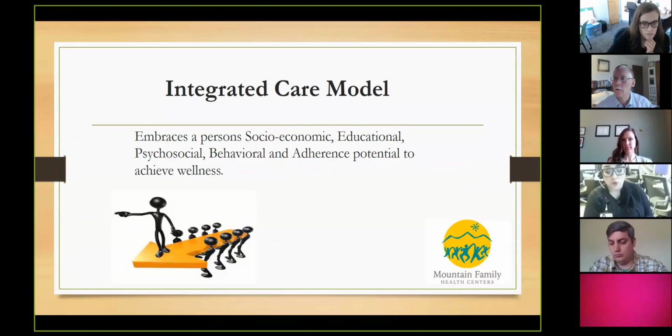In our department, we really have focused on our patient, our client, however you may refer to them, really embracing the socioeconomic, educational, and behavioral health aspects, everything having to do with the patient as the hub, and really trying to figure out meeting patients where they're at. And so one of the things that